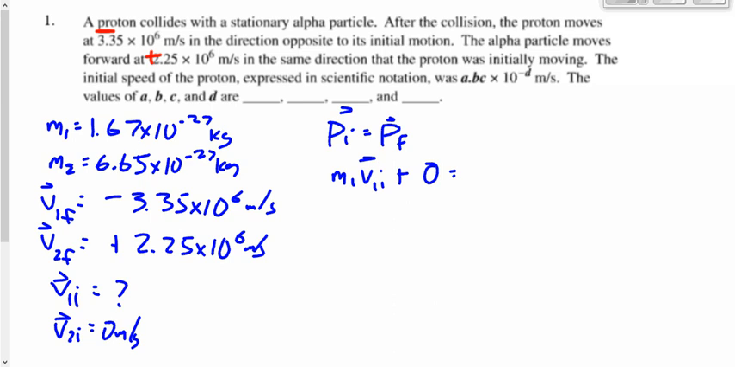How many objects do we have after this collision takes place? 2. So let's say M1 V1F plus M2